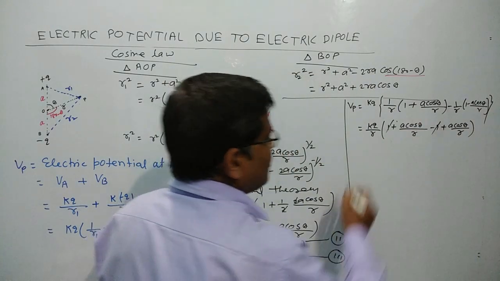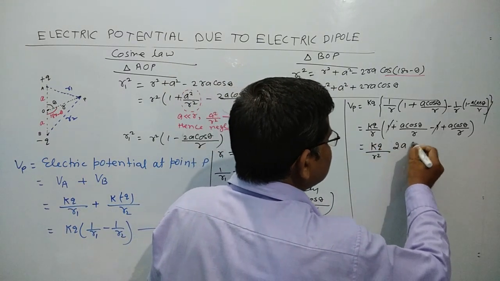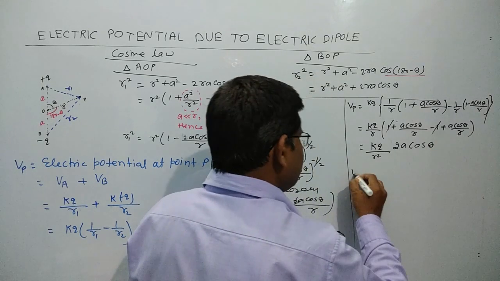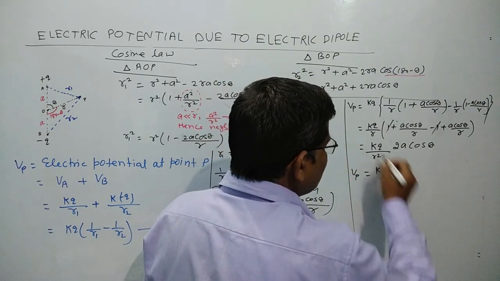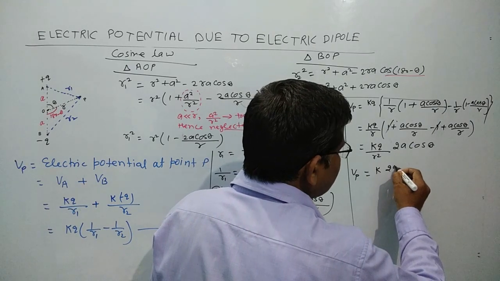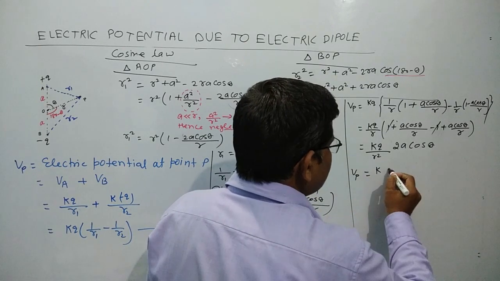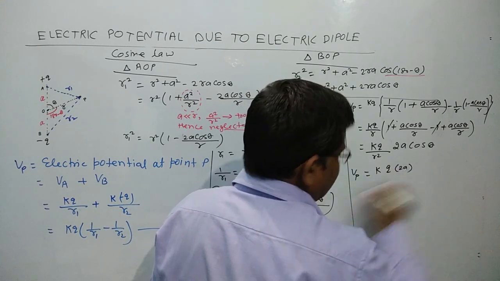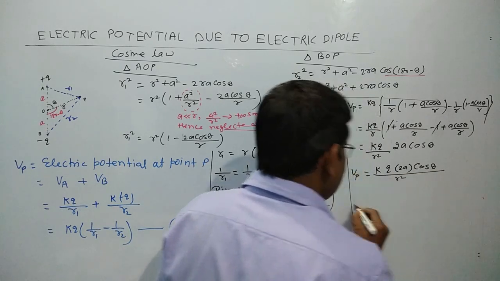The 1 is cancelled out, and then KQ by R square into 2A cos theta. Then Vp is equal to K times 2QA cos theta by R square,